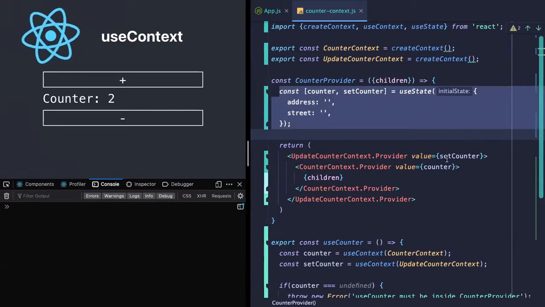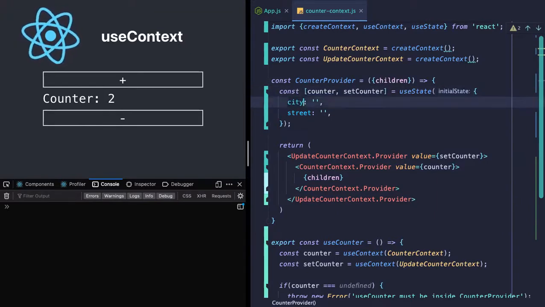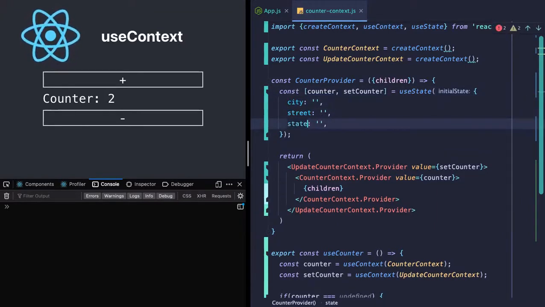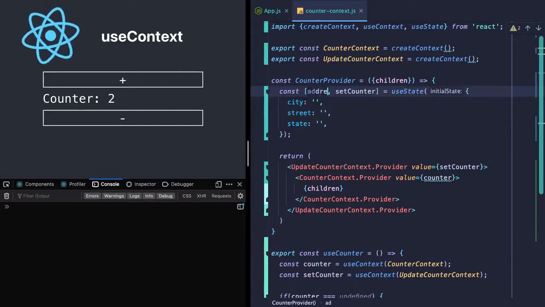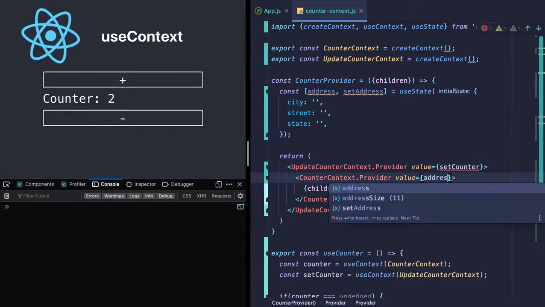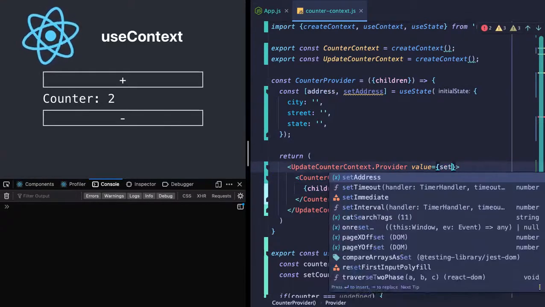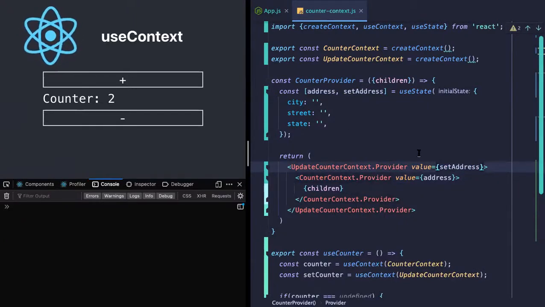In my particular example, I'll create a dummy example over here. We can say this is state, and here now this becomes an address, and here I'll be doing a set address. I'll still be passing in the single props over here, and here I'll be doing a set address. The rest of the operation on the set address remains the same. However you would do it in the regular component with useState, and however you would be using the address, you would still be using it the same way.